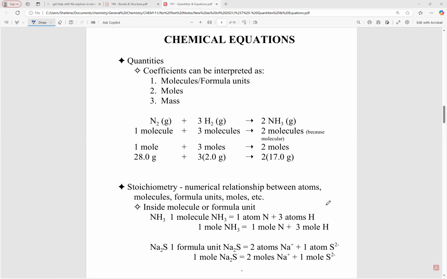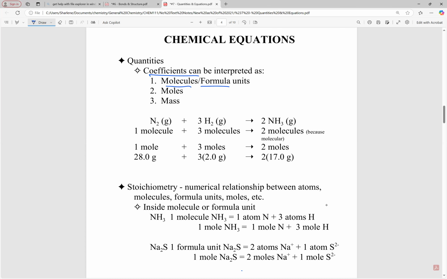All right, today we're going to talk about the meaning of chemical equations. What does coefficient mean? What do the subscripts mean? Now, I know we've talked about this in the past, but I really want to tie it together today. And so, chemical equations, okay? What are those quantities? We are going to talk about those coefficients, and they can be interpreted as molecules